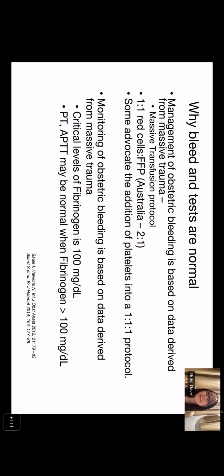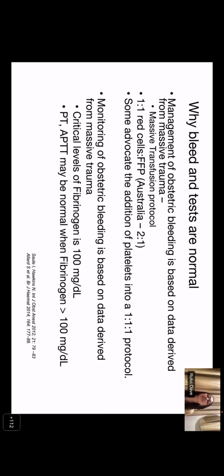Maybe this is more for a teaching exercise. So management of obstetric bleeding is many a times based on the data derived from massive trauma. If you could recall, this patient had received red cells, FFP, and platelets in a ratio of 1:1:1 or 2:1:1. Now, monitoring of obstetric bleeding is based on the data derived from massive trauma, and as far as massive trauma